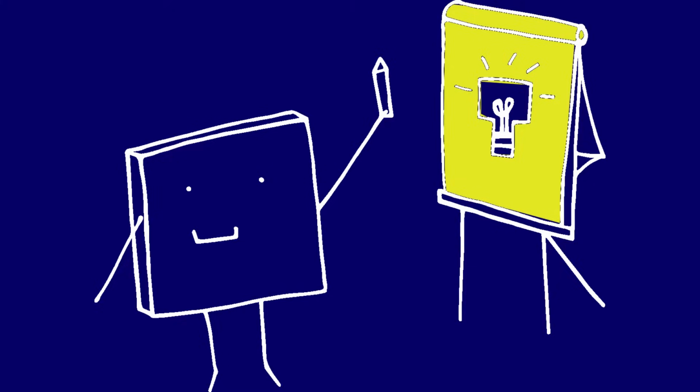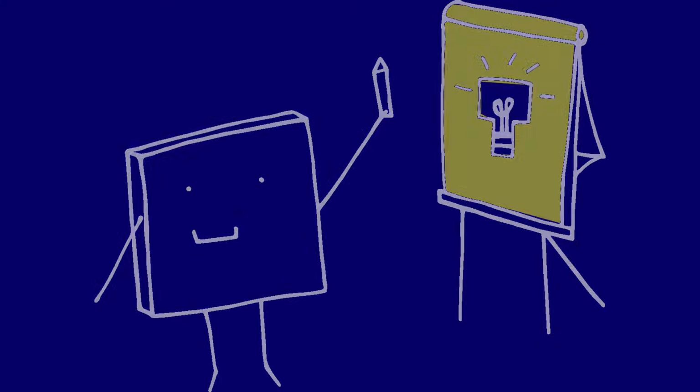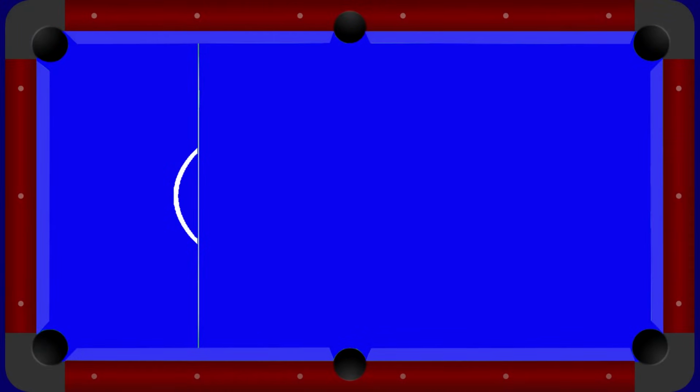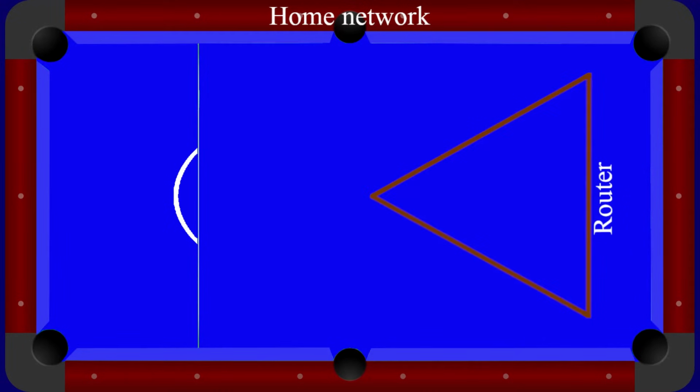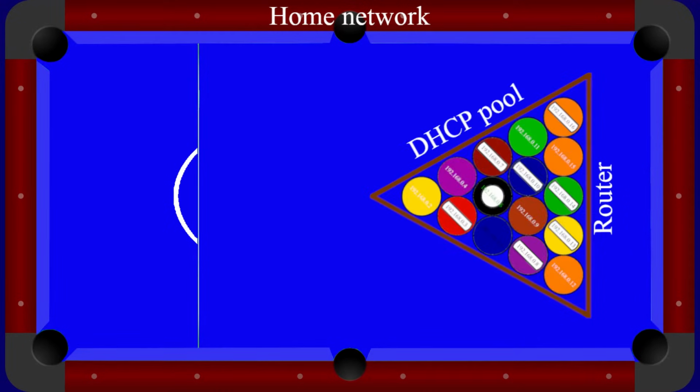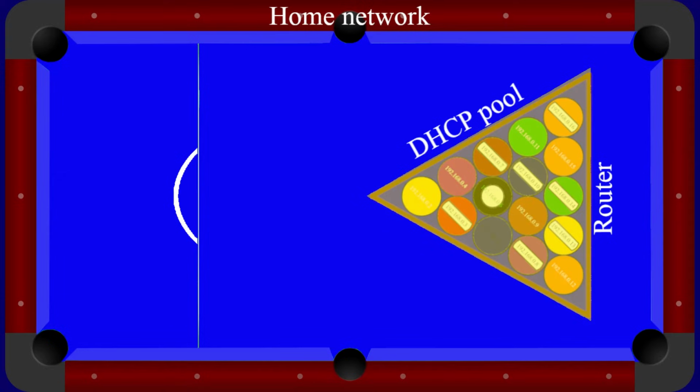Then you have what's known as the DHCP scope or pool. Let's use another analogy to help us visualize this concept. If you imagine the pool table representing your home network and the triangle being your router, the pool balls show the DHCP pool, or the available IP addresses ready to be handed out to connecting devices. Although the pool table scenario only allows for 15 balls or IP addresses, as we previously discussed, on a typical home network this would normally be 254 usable addresses, for example